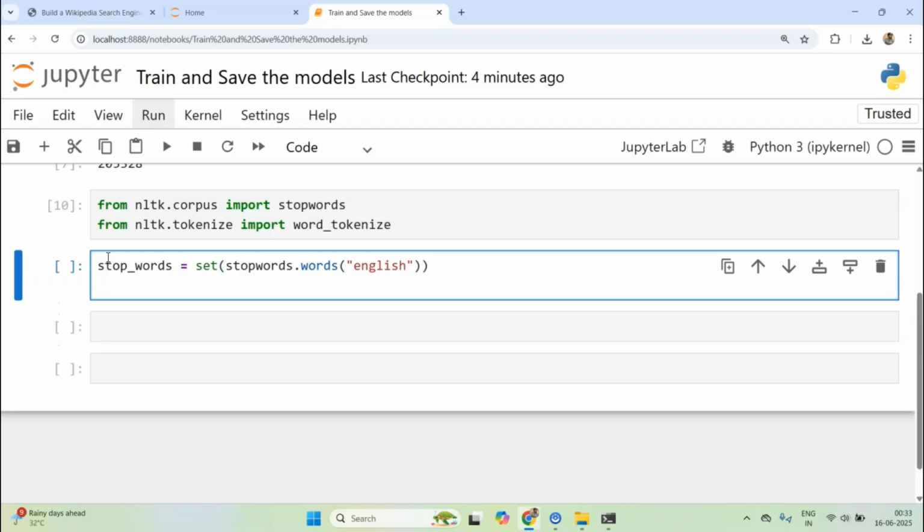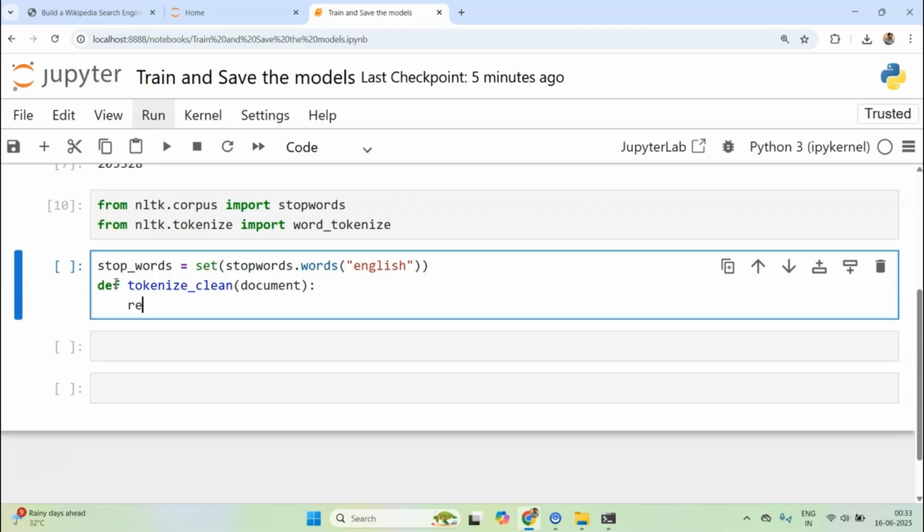Once I have the stop words ready, I would like to create a function for tokenizing. I'll call it tokenize_and_clean. This function is going to take a document string and return a list of words.